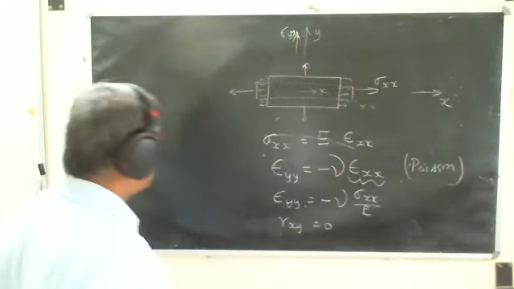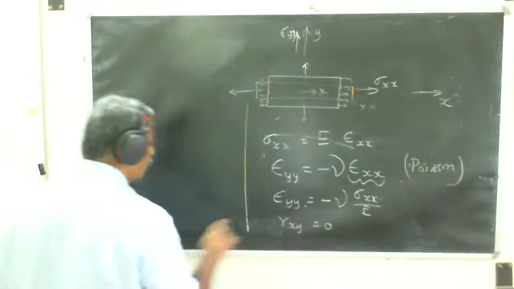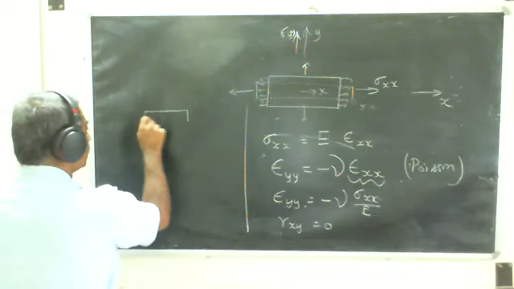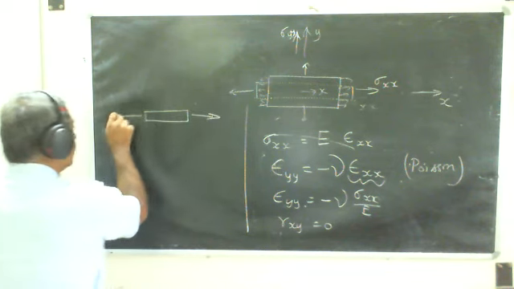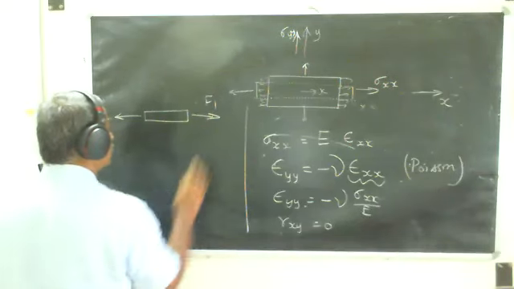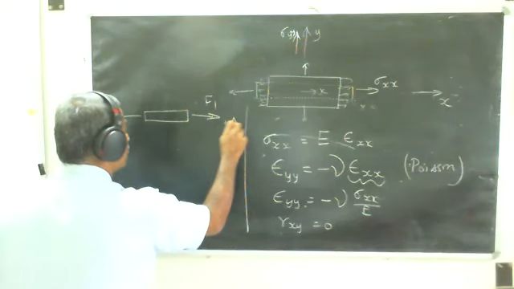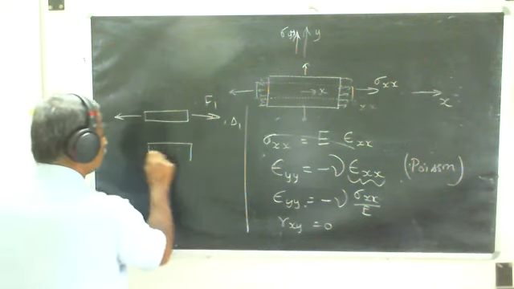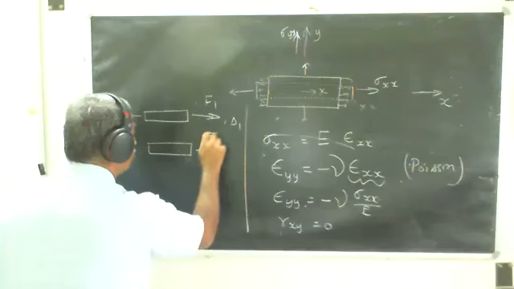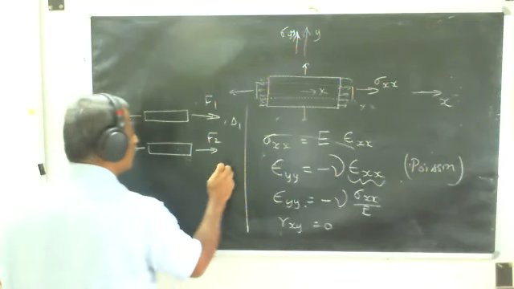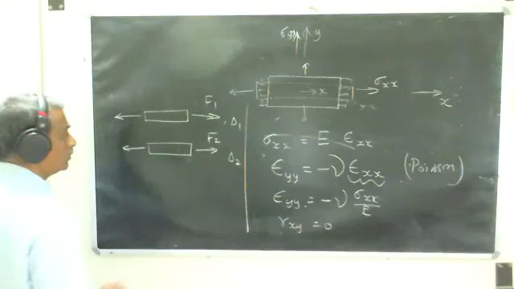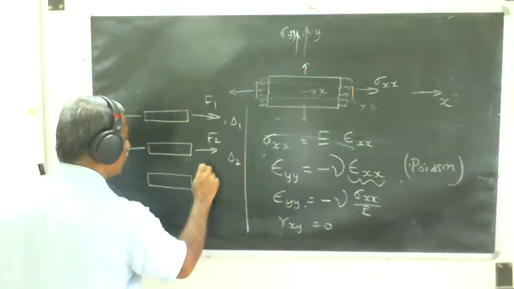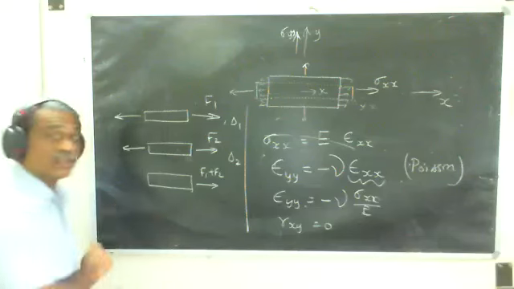And then we discussed something else: if I take the same bar, applied a force F1 first, and got the elongation to be delta 1, I applied a force F2 here, and I got the deflection to be delta 2. If I put both of them together, and apply at once F1 plus F2,